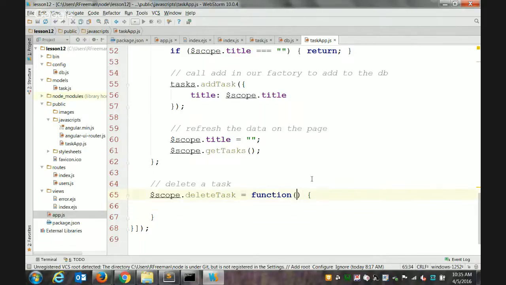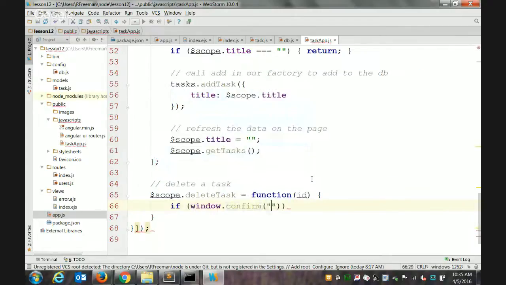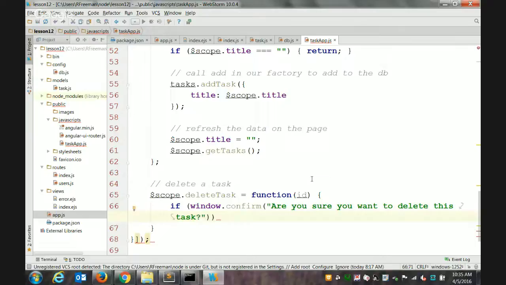So in here, we're going to pass in an ID parameter. So the first thing we want to do, now we can still write, this is still just a JavaScript file, even though it's using Angular. We can still write vanilla front-end JavaScript. So we have access to do like window.confirm. So we'll say if window.confirm, if the user clicks OK to this,